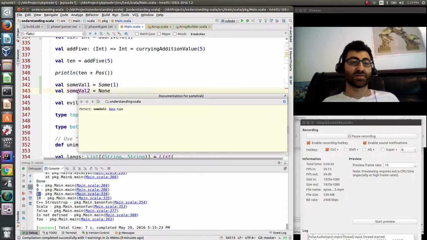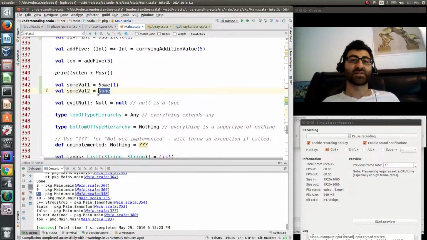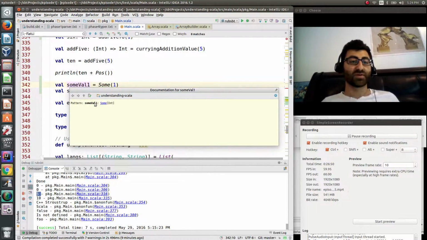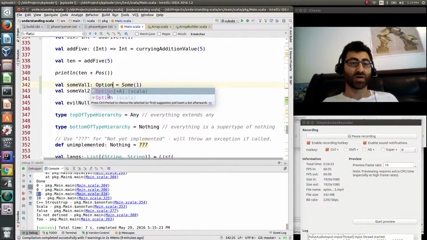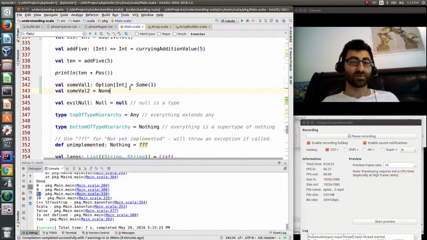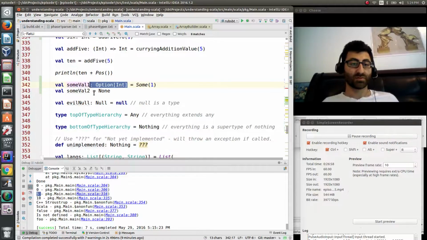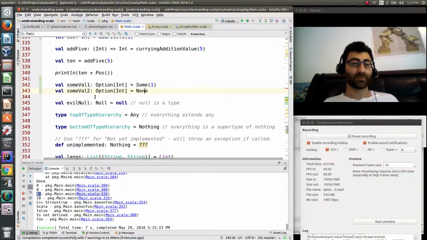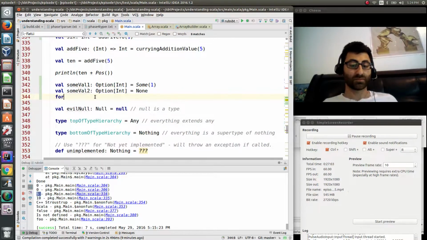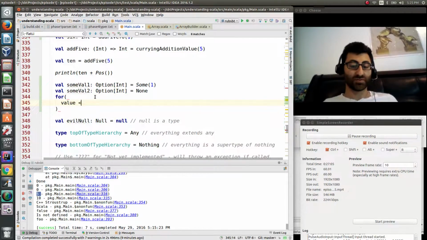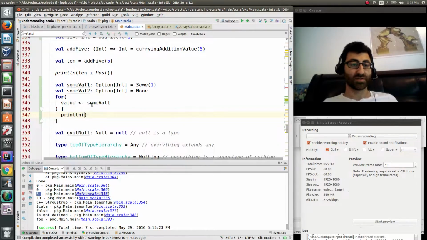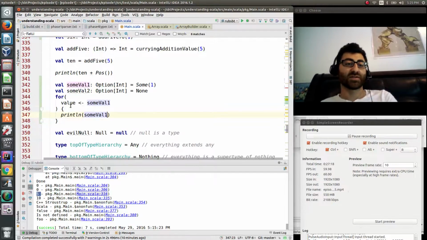So if we just had none, what these are is this is used instead of null, and what you'll end up with is something of type. You could actually cast it into something like option int, and then for value inside of some val1, println value. And the nice thing about some none notation is that the